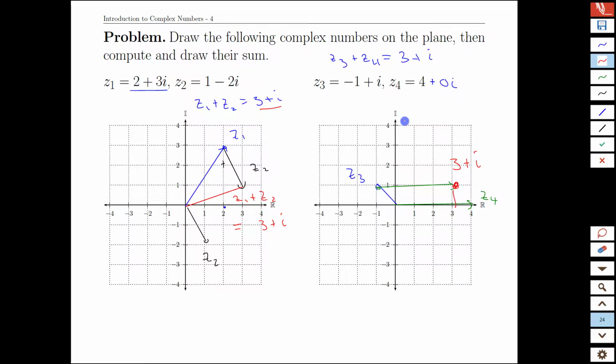So, wonderful parallels with vector constructions. Is it all that easy? Not quite. We're going to see that when we get to multiplication, life gets a little more